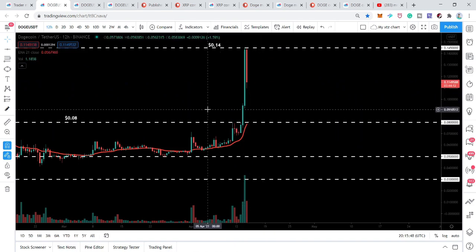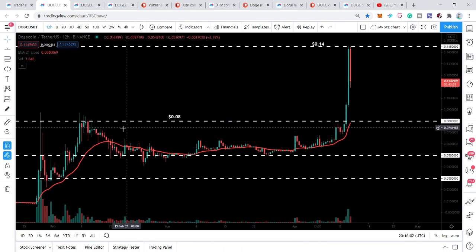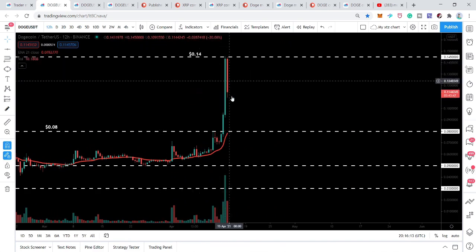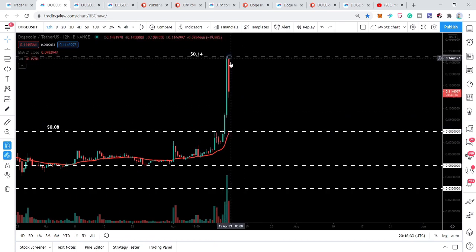That is quite obvious and quite possible because this 8 cents resistance, you can see that it has been acting as a very strong resistance for the price action, and we have so many rejections by this 8 cents resistance level, and the price line has been accumulated below this 8 cents resistance for a long time period. Therefore it is quite possible that the price action will retest this 8 cents resistance. And we also have this EMA 21 on the 12-hour chart, approximately at the same level where we have the 8 cents resistance level, and below the 8 cents resistance on the daily time frame chart we have this EMA 21. So I'm just looking for at least a retest of the 8 cents resistance if this candlestick will completely